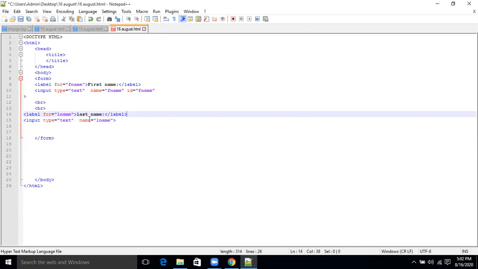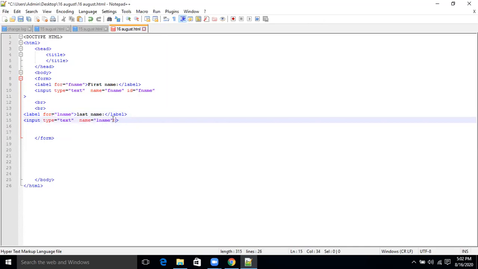So over here, put space and put ID equal to, double quotes, L name, close the double quotes.